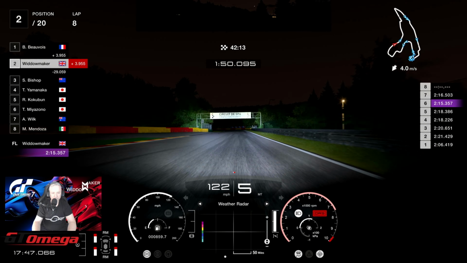4.7 seconds behind Mr. Beauvoir, and no rain on the radar. It's now backed well away. Beauvoir went to the pits on medium tyres for fuel. We now have rain again on the radar. Whole north-south divide thing coming in from the right hand side, so from the same direction. Big wall of weather